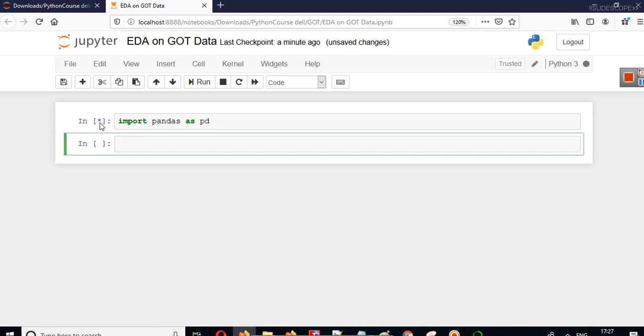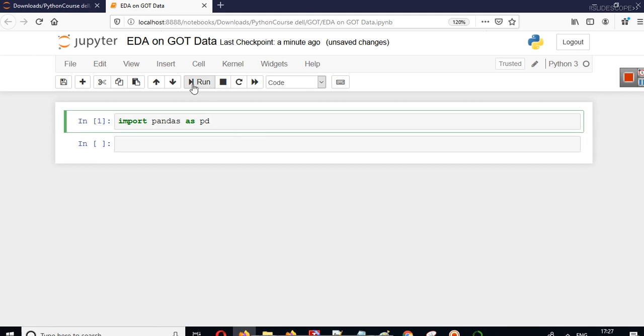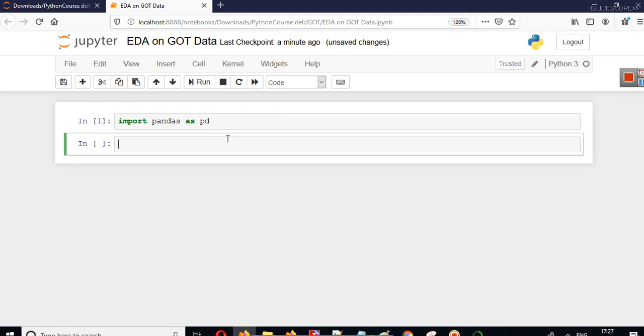You can see a star here, that means this library is getting imported. The next thing that I will do is, and remember, when you have to run this, you can either click on run here, or you can simply press shift and enter.